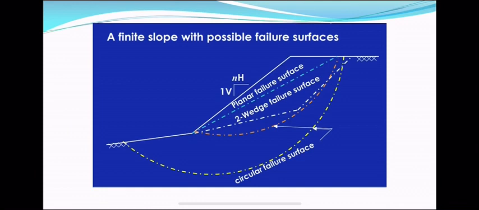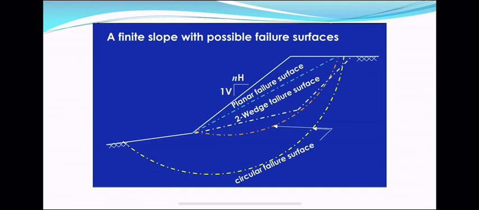And this is a toe slope failure, where it can be seen that the entry and the exit points are from the toe of the slope. So this is called the entry point, whatever the toe level is, the commencement of the failure surface, and this is also the exit of the failure surface.